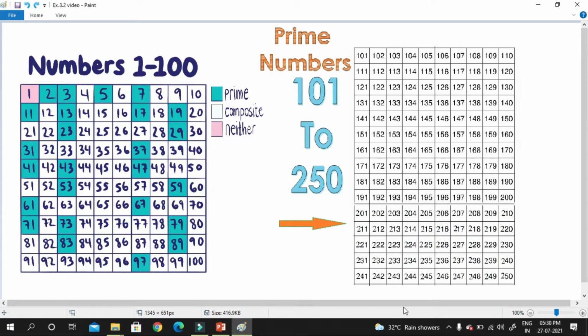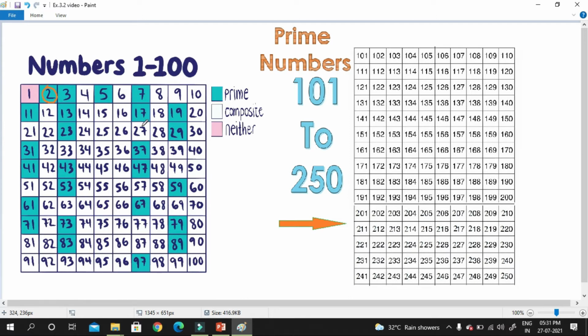As we did in finding 1 to 100, first of all we took number 2 and circled it, and then we crossed all the multiples of 2, like 4, 6, 8, 10, 12, 14, 16. These are the even numbers.